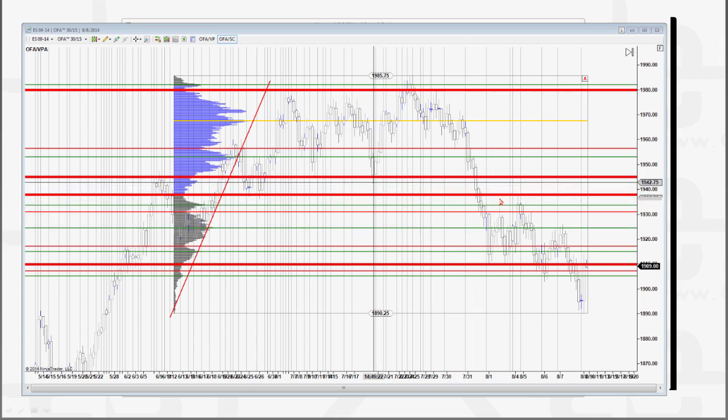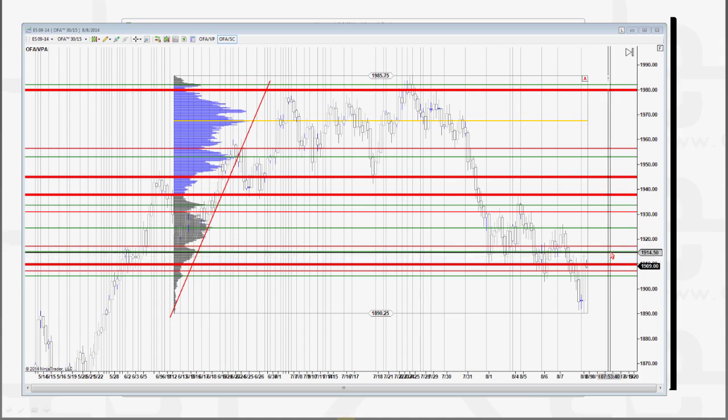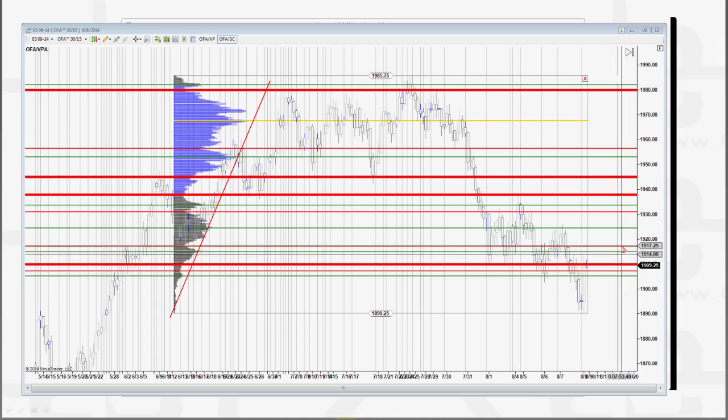But in general, what I'm looking for is if price starts getting above this 1910 area, then I'm going to start looking for price to move back up to 1475. My expectation at 1475 is that we're going to start to get volume and we're going to see price rotate. Price is likely then going to test up to that 1725. And there may be an opportunity for a short trade at 1725. It really depends upon the day. But if price comes through